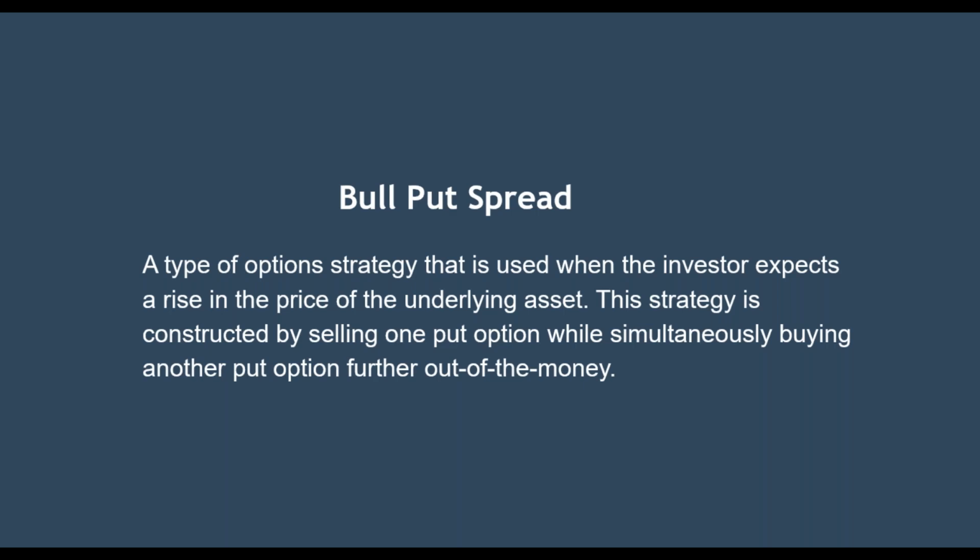In this example, I'm going to be going over a bull put spread. This is a type of option strategy that's used when the investor expects a rise in the price of the underlying asset. Now, the beauty of the vertical spread is that it doesn't necessarily have to go up, or the asset doesn't have to rise. It can go sideways or it can go down a slight bit, and you're still going to be in a winning position